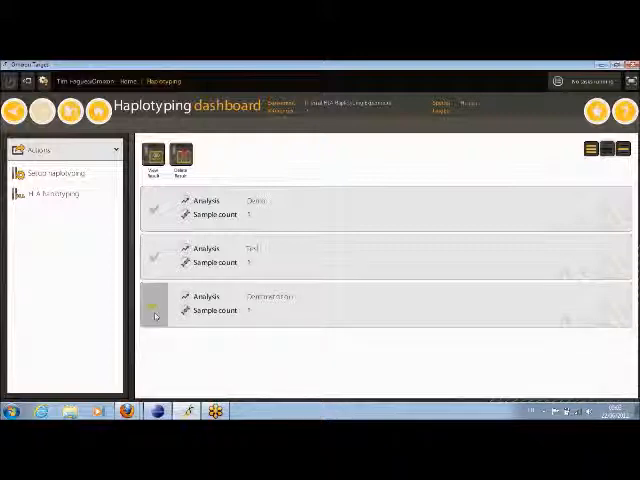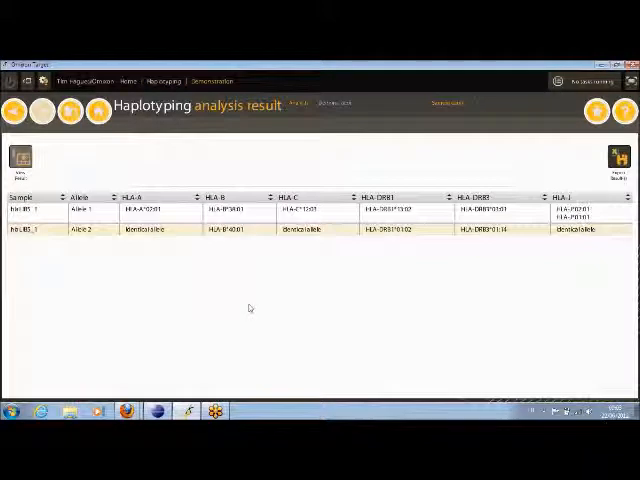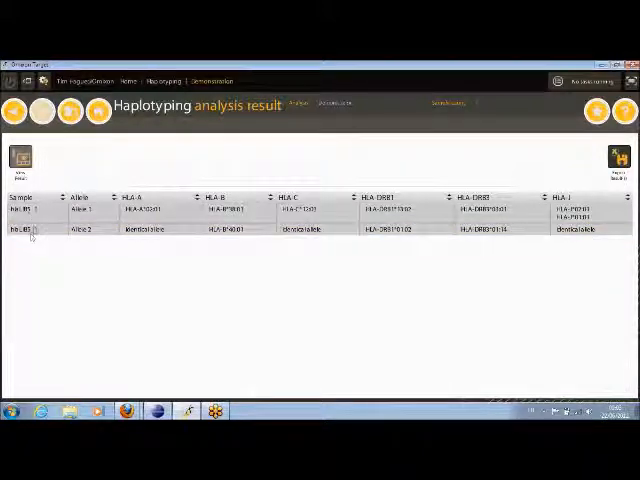So as usual, I can just select the tick box and either view this result or delete it if I don't need it anymore, or I can click on the item, and this takes you into a high-level overview of the results of this haplotyping run. So in this case, we have a single sample that we've processed. It's possible to process as many samples as you want within a single run, and there are 2